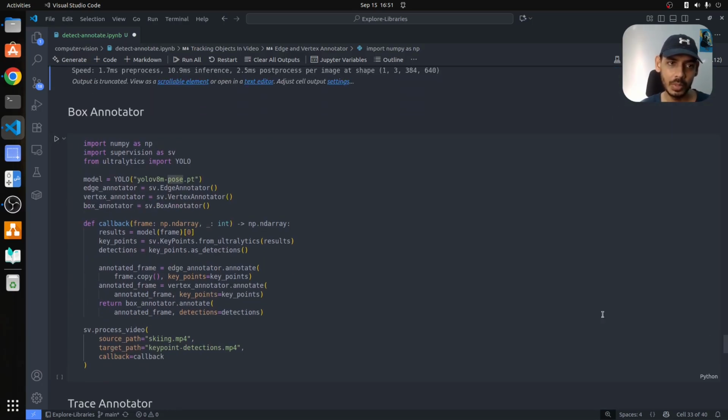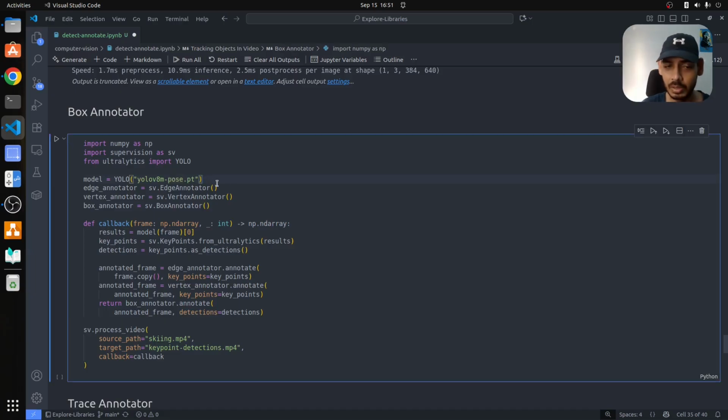Now what we do is we use box annotation, and it will try to create a bounding box around the object. So again, we download the model. Along with these two annotators, we bring in box annotator, and the only change is we do inference, get those key points from the results and turn them into detections. Since we are doing box annotation, we want to turn them into detections with the help of keypoints.detection as detections. So once that detection is there, we can just directly go ahead in box annotator and use those detections. So let me run this as well,